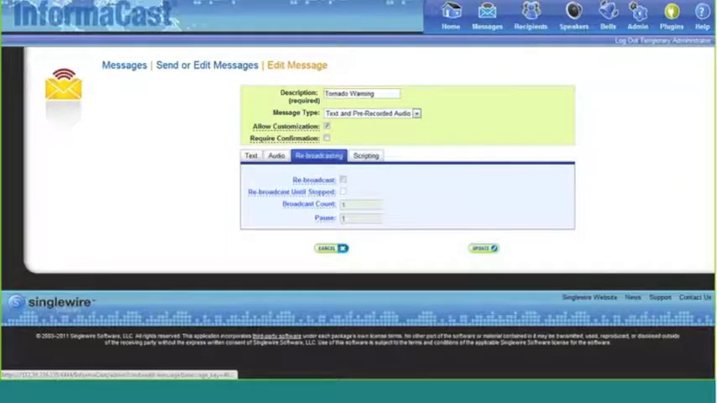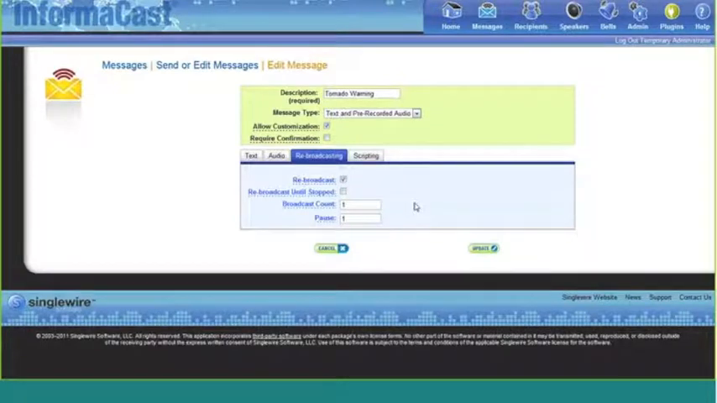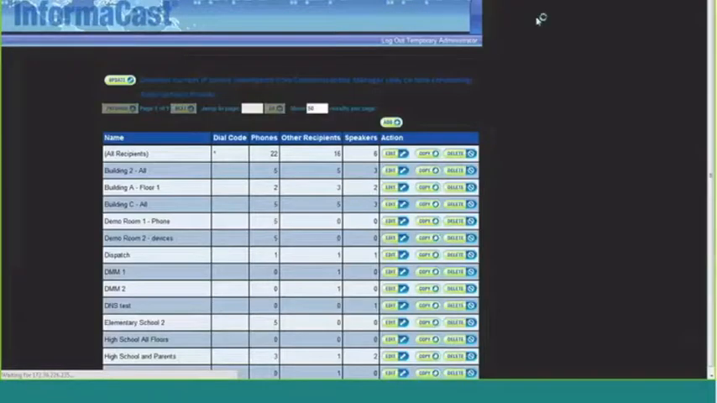Rebroadcasting, we can rebroadcast the message several times on a count basis, or you can rebroadcast it until you come in and actually stop it within the application. So that's a good rundown of what is available from a message creation perspective and what some of the different options are. I can move over to recipient groups,